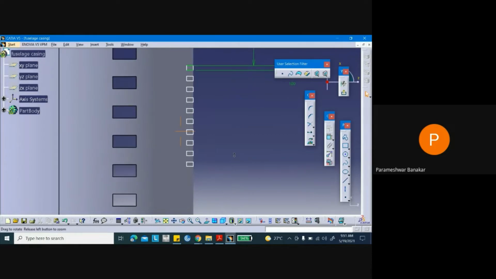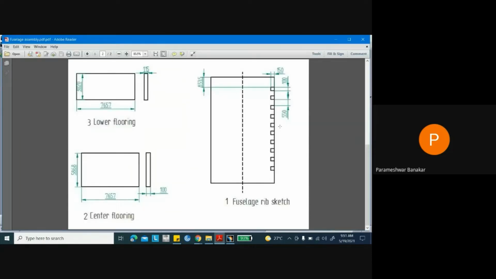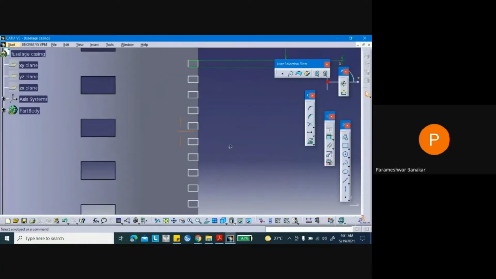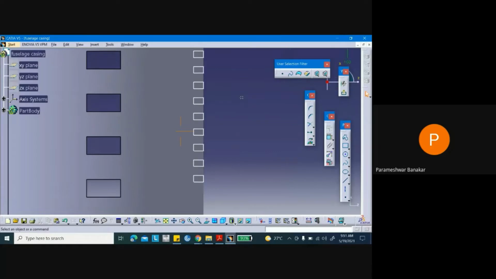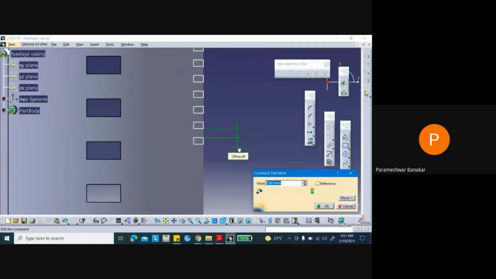So what is the distance between each rib? That is 550 mm, right? So give 550 mm dimension. So between this and this must be 550. I'm coming from bottom, okay? 550 mm.